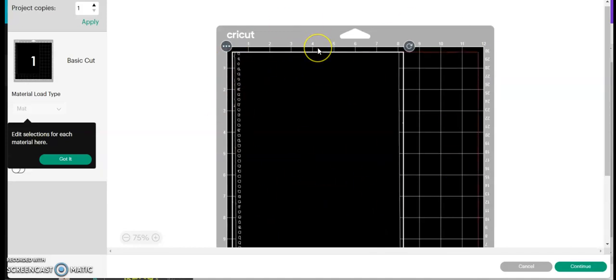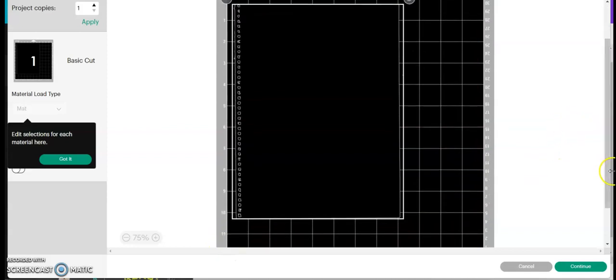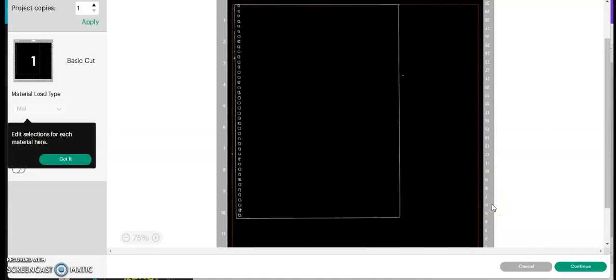When I put mine on my mat, I line it all the way up to the top and all the way down. And so then it cuts off everything. Now be mindful again that if you don't leave any space here, if you take it all the way over, it might cut your design down a little bit more than what I showed you earlier. But just play with it. Try it. So I hope